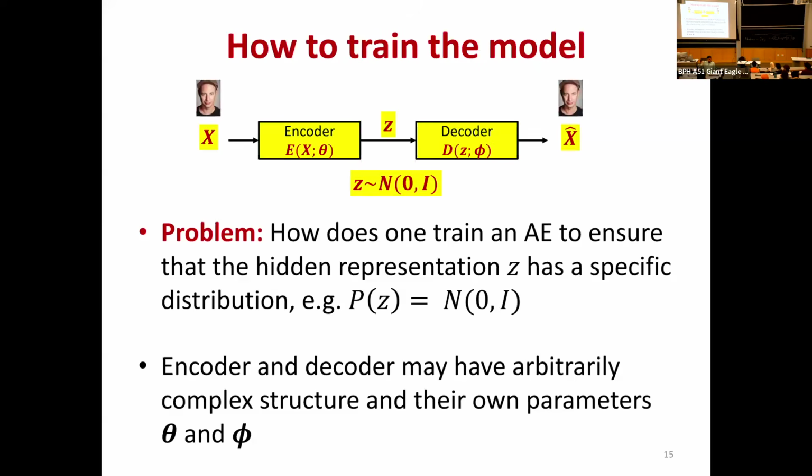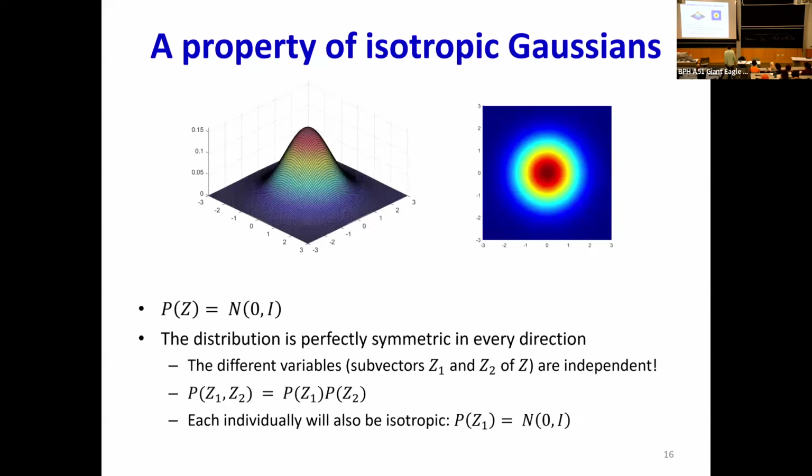If you know something about it, then you could use another distribution. So here's what a standard Gaussian looks like. You know what a Gaussian is. It's this nice bell shape. If I have an n-dimensional Gaussian, it's going to be an n-dimensional bell curve. It's going to be a bell curve along every dimension. All the dimensions are independent of one another. So the joint distribution of Z1 and Z2 is going to be the product of the probabilities of Z1 and Z2. They're all independent. And each component by itself is isotropic, meaning it has zero mean and unit variance.